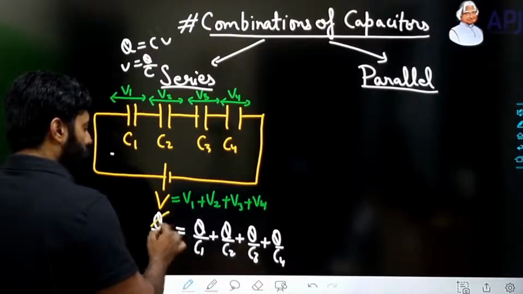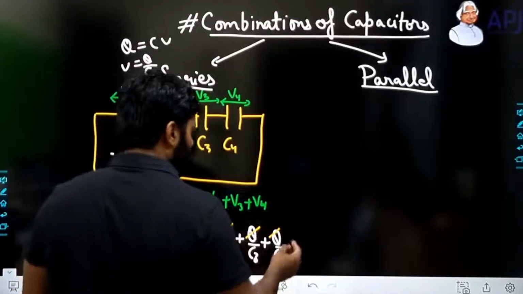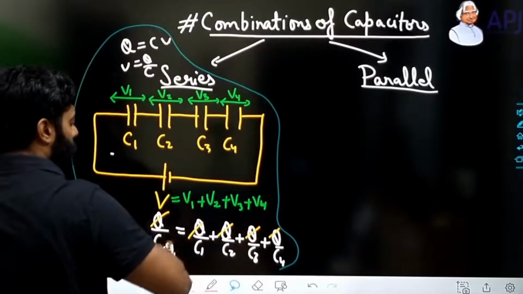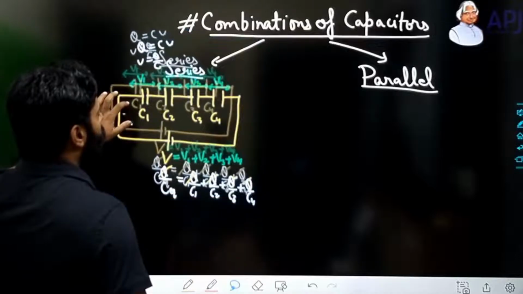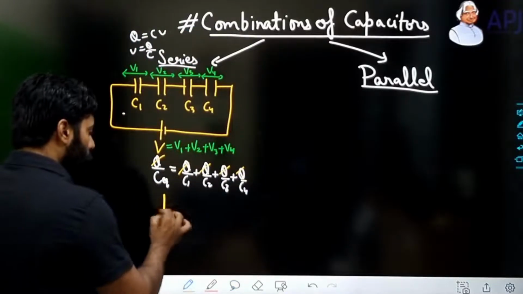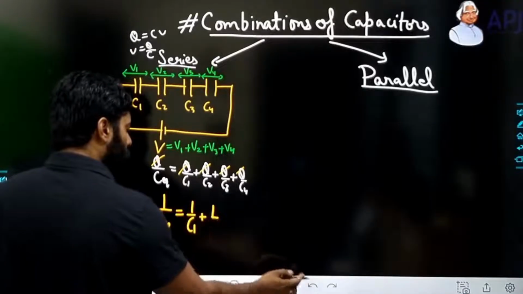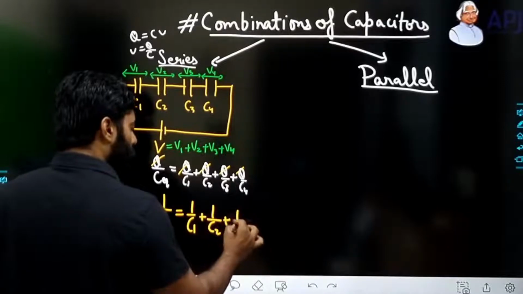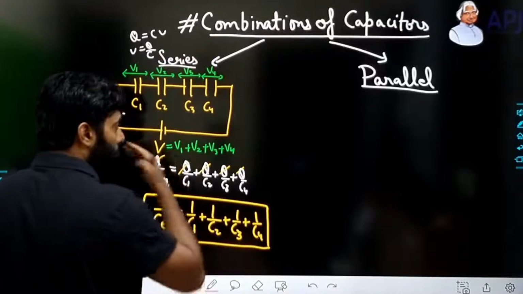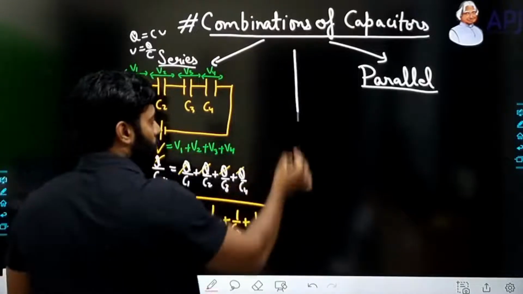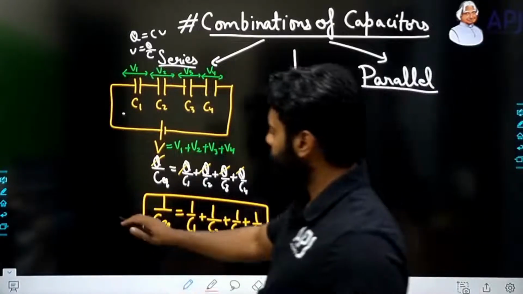So you can cut this, इसको कट कर सकते हो और आपके पास आ गया बस आंसर. You got the answer, that 1 upon C equivalent is equals to 1 upon C1 plus 1 upon C2 plus 1 upon C3 plus 1 upon C4. You already got the answer. ठीक है, ये आपके पास आंसर आ गया है यहां पर।